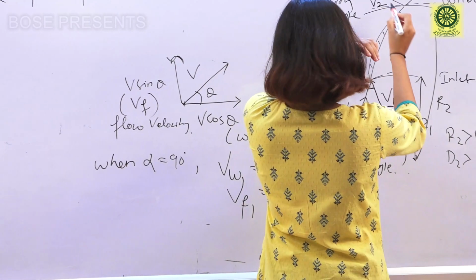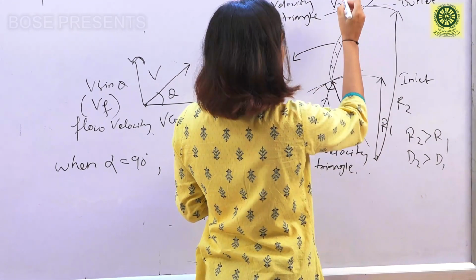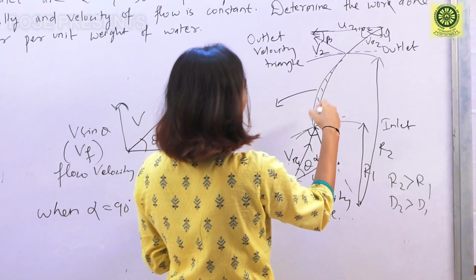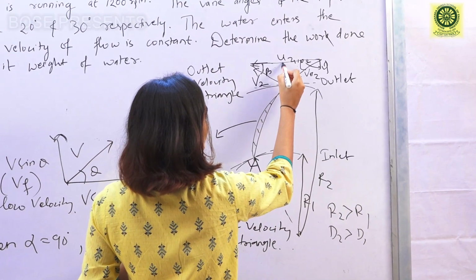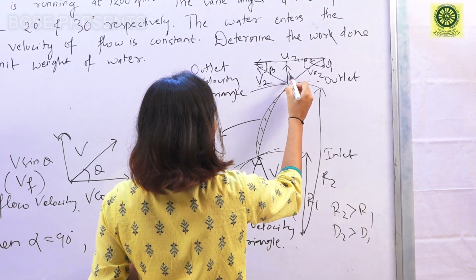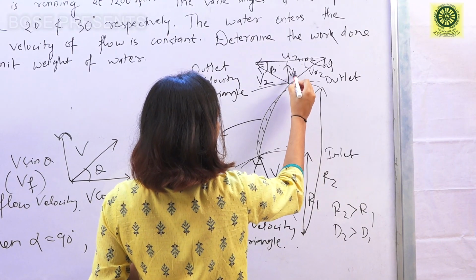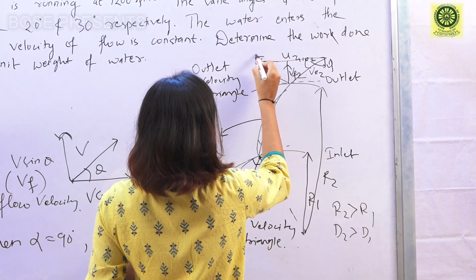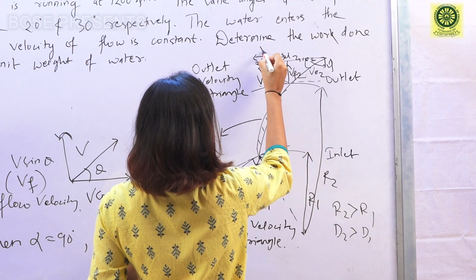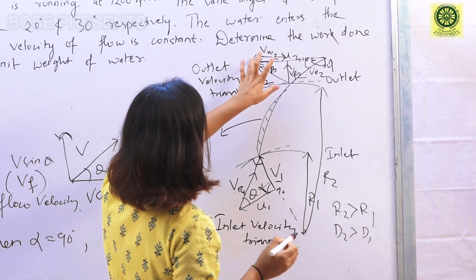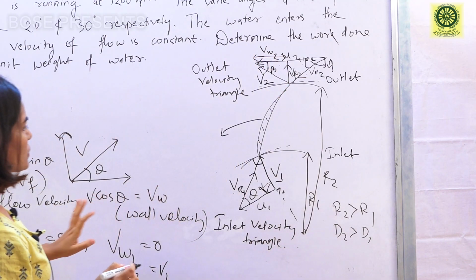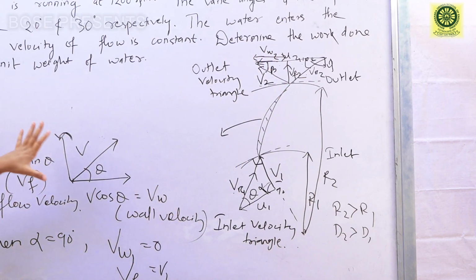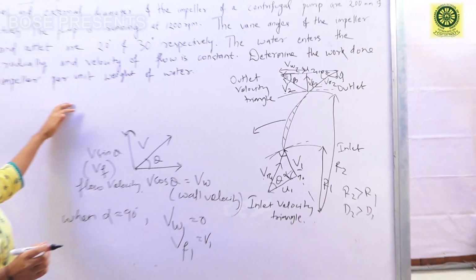But here we have some angle, it does not exit radially, or we don't know this angle. So here we can split this v2 into two components. It will be the sine component, that is vf2, and from here to here we have vw2. So this completes the basics behind solving this equation.